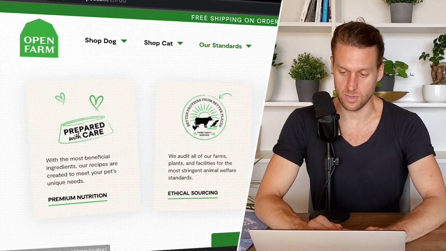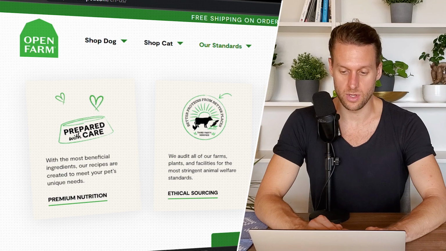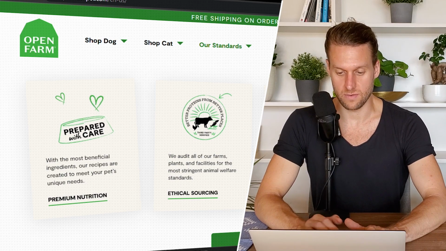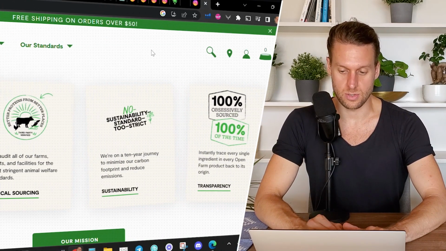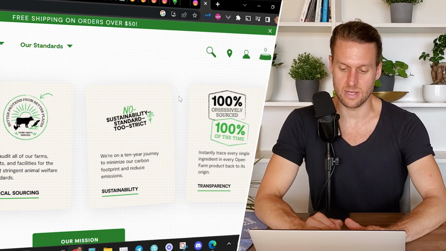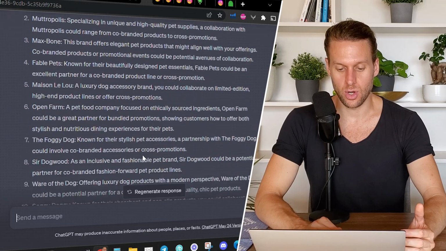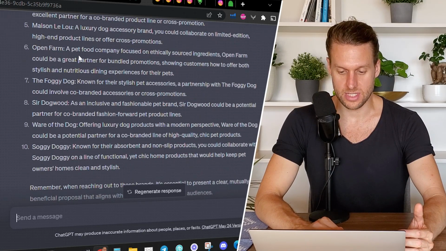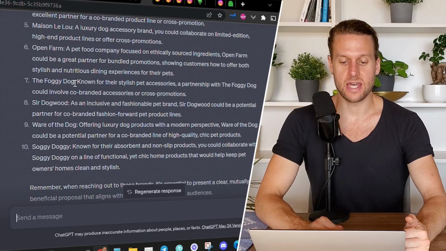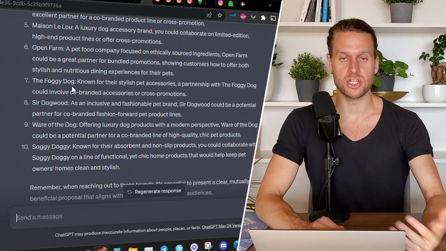We could find their email with hunter.io, which is an email finding service, or you can just try their support or their info line and then ask them to connect you to the founder. It's best to go straight to the top. You want to go right to the founder or to the CEO to try to get this deal done. So once we did that, we could go back and look through all of these different options that ChatGPT gave us and send a similar type of outreach email to each and every one.